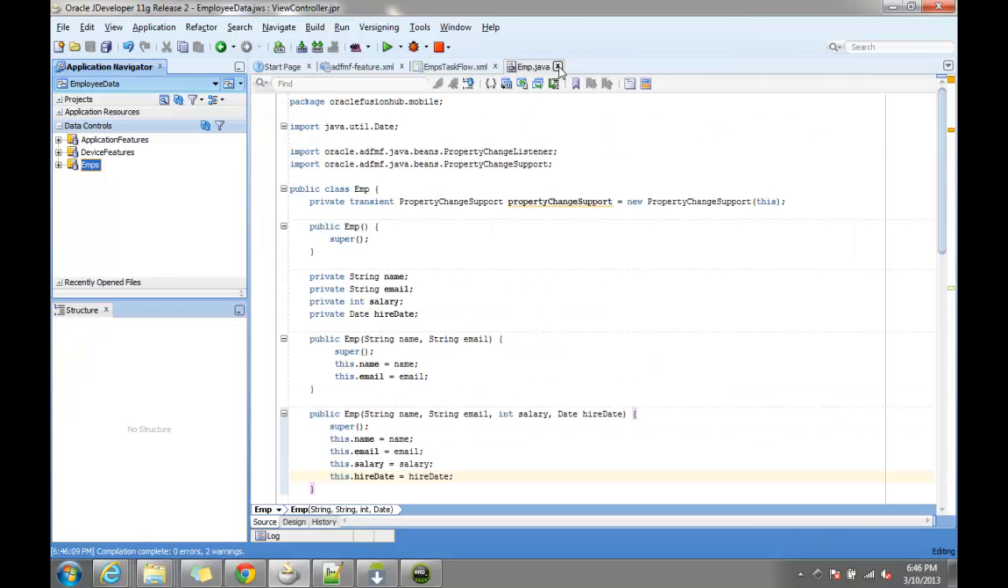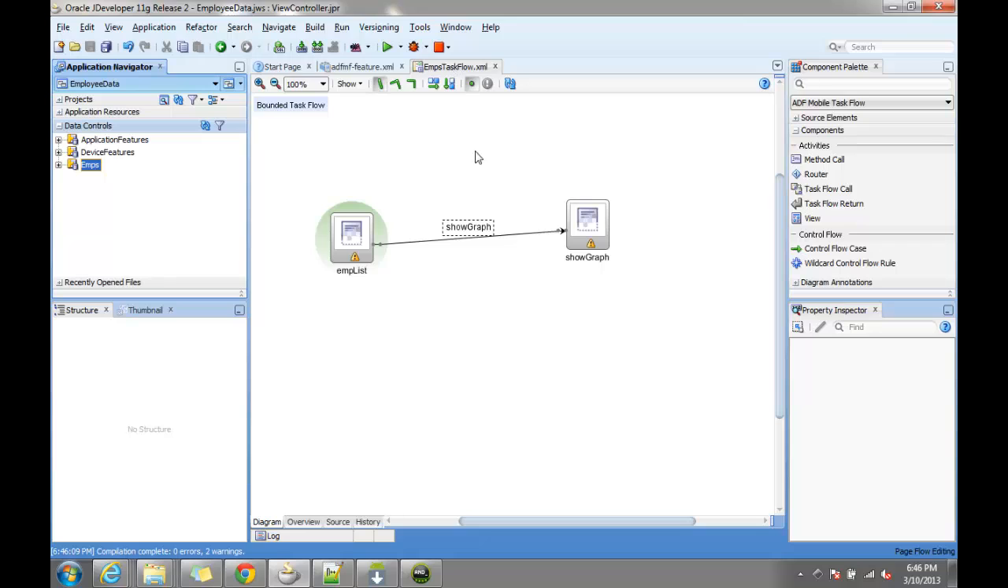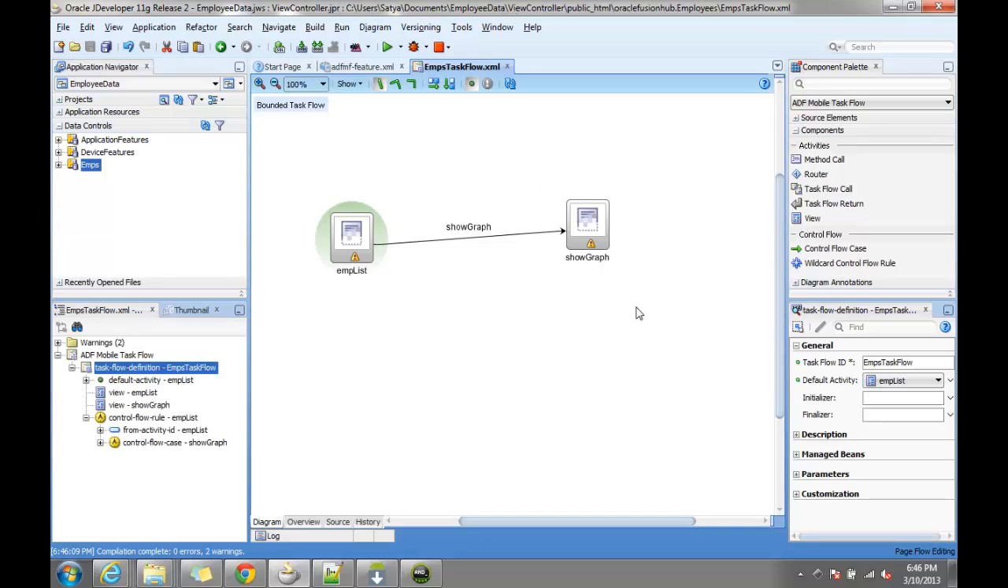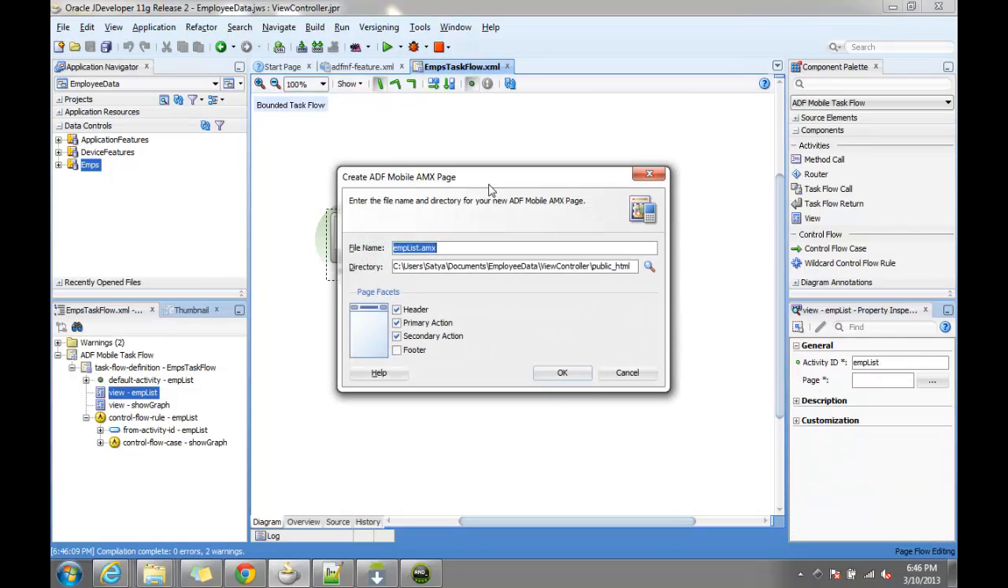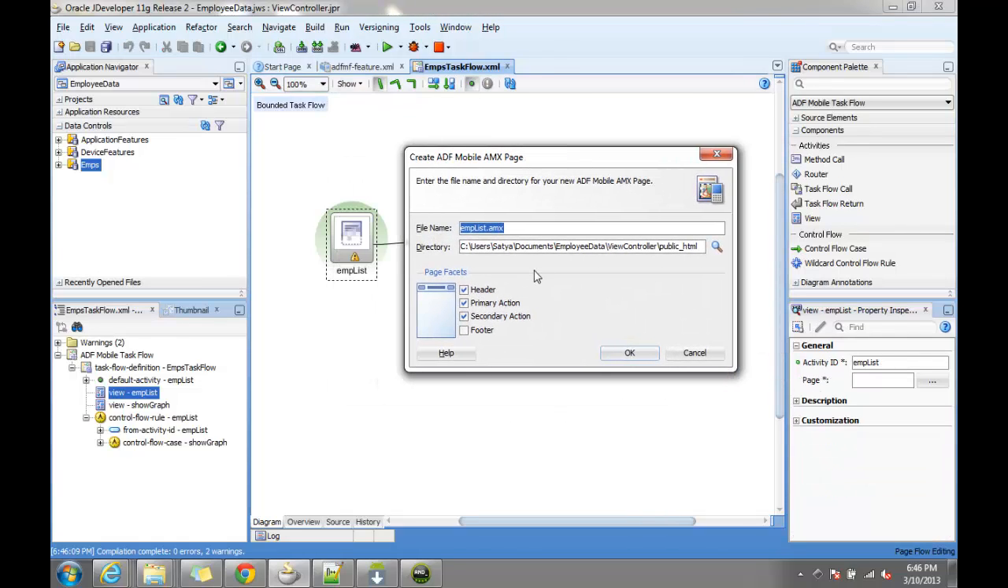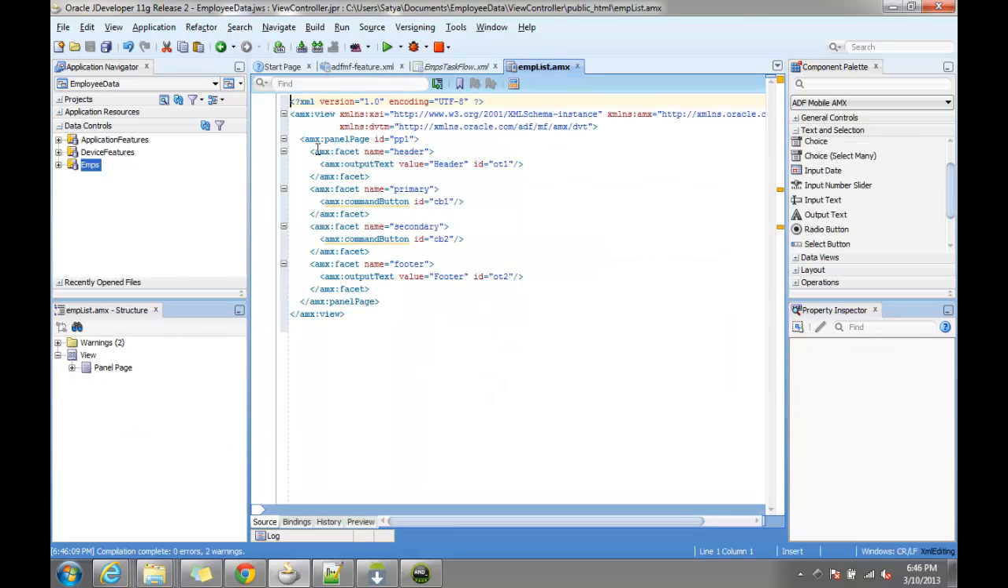Now go to the emps taskflow.xml, where you have created the task flow, and start creating the emps list page. Just click on this and you will see this, and we need even the footer. That's just how you want to do it. I have checked the footer also. Just click OK. Now you have the emps list.amx file, and here